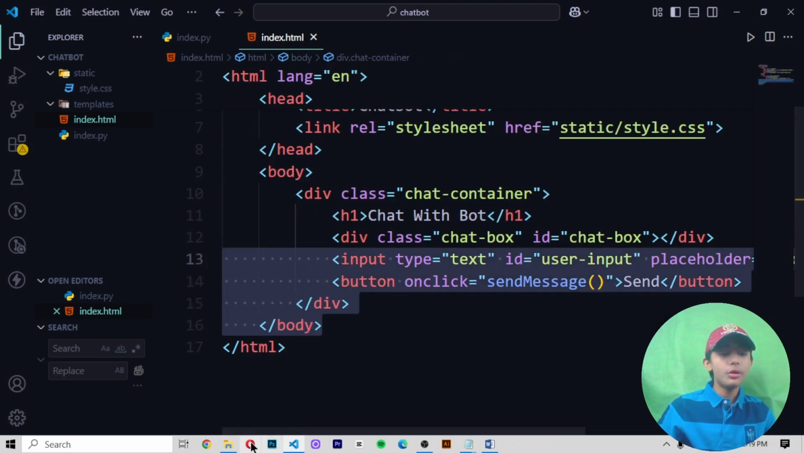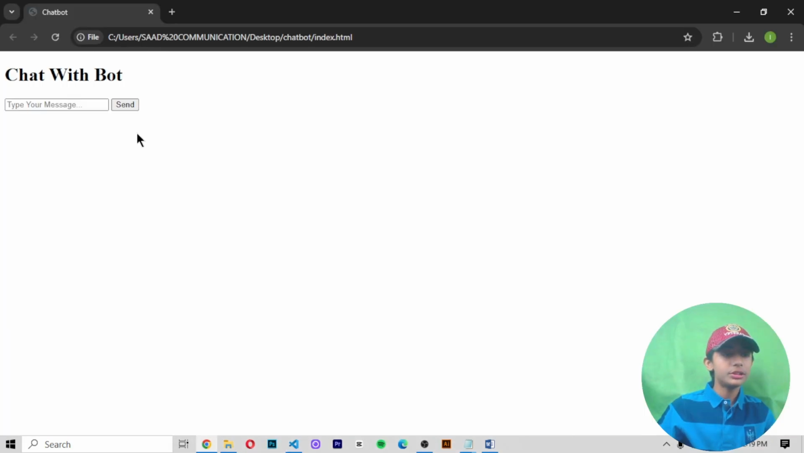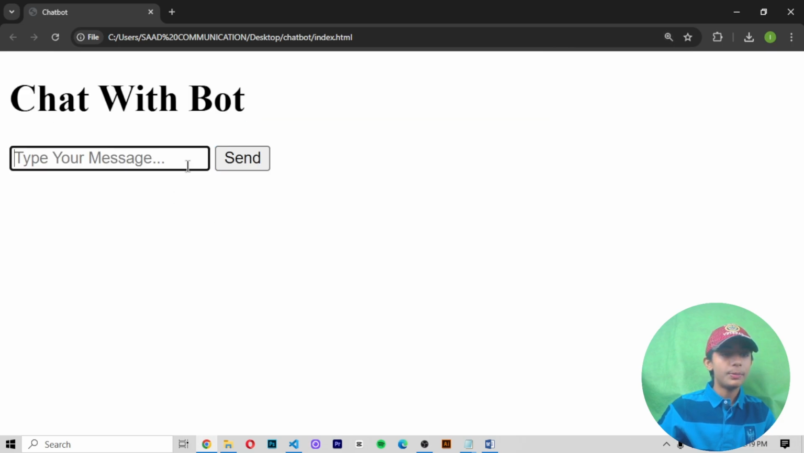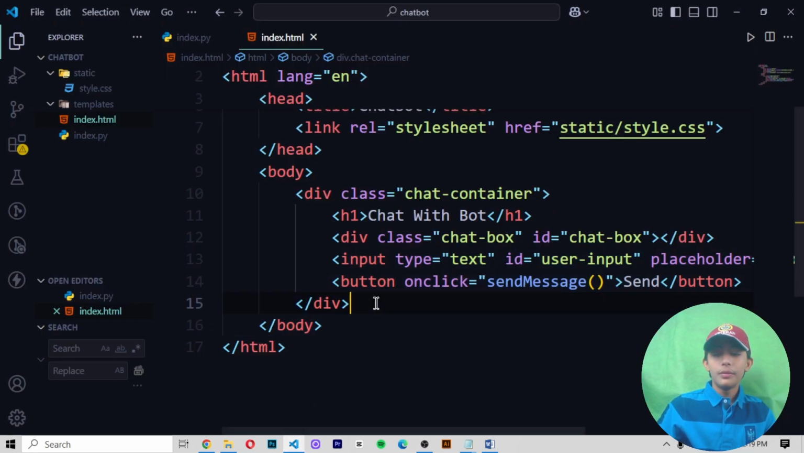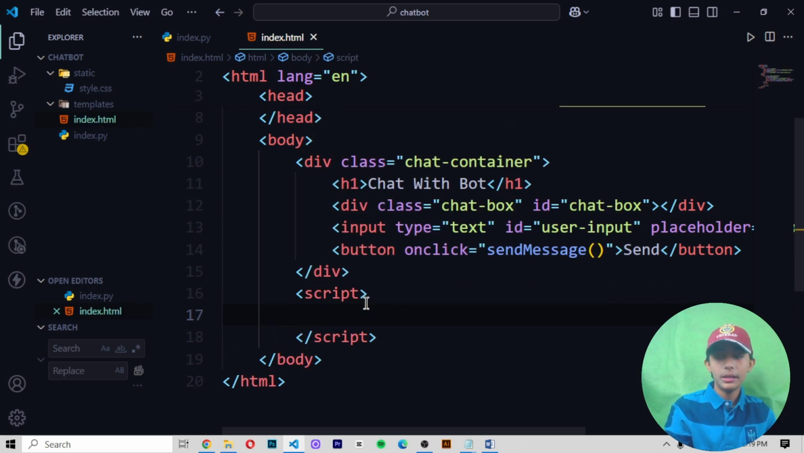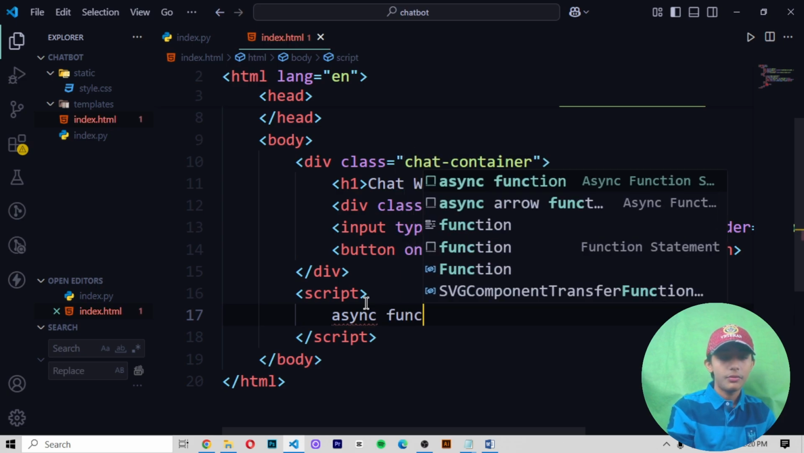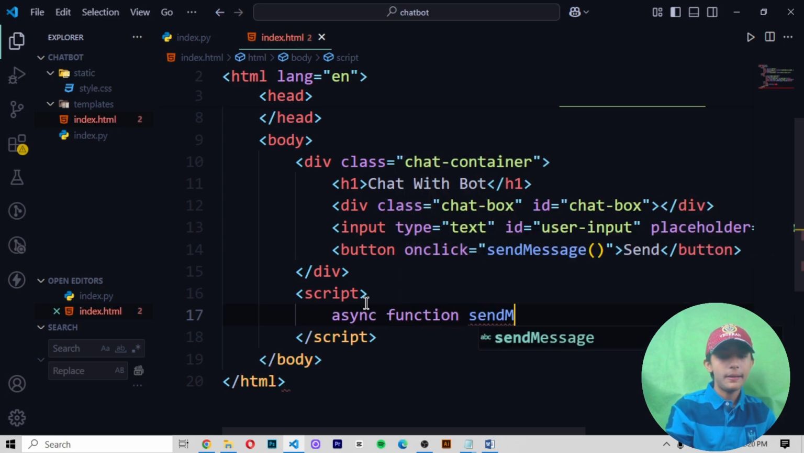Now when I show my HTML code, this type of output will appear. Here you can see it, "Chat with bot", and our placeholder will be built. So we write a little bit of JavaScript code, okay, a script element, then we write our JavaScript code. So let's start to write our JavaScript code. A function sendMessage,